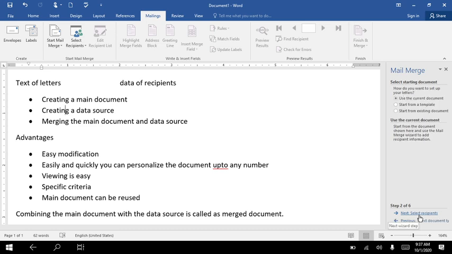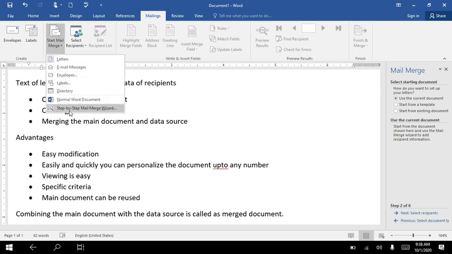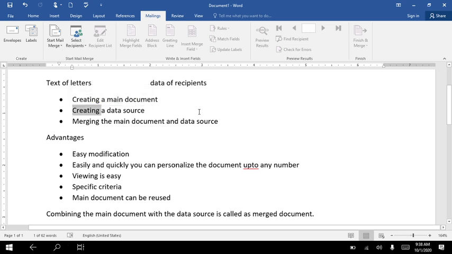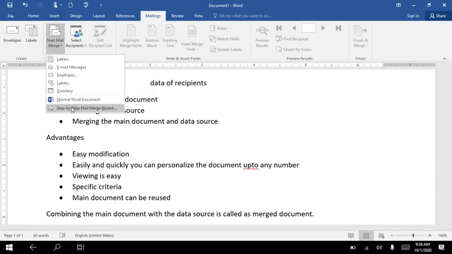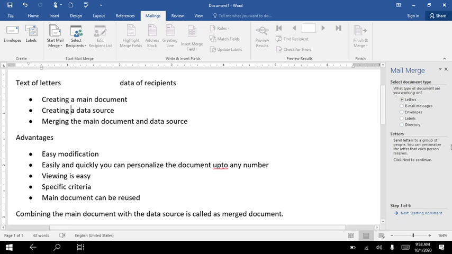Now children, we'll be moving on. Before that, I'll tell you once again how this works. Open up your Word document. Once you open up your Word document, click on the Mailings tab. Once you click on the Mailings tab, click on the Start Mail Merge option. In that, you'll be selecting Step by Step Mail Merge Wizard. Okay? Yes. Now, I'll just show this. Fine.